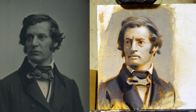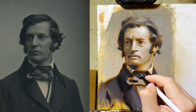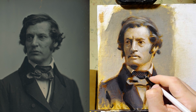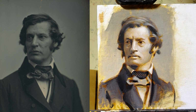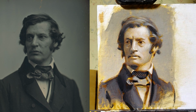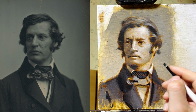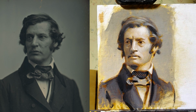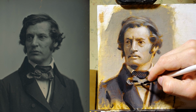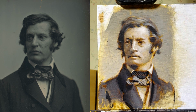Yes, that's looking better. We're going to do some more glazed passes next week. I'm just going to, while we're working on this clothing, put a little bit more detail into his tie here. Seems like a good opportunity to do so. The fact that the paint's wet gives it a nice loose, smeary quality. And it also gives a little bit of guidance, so next time if we go back in and we're reworking this stuff,